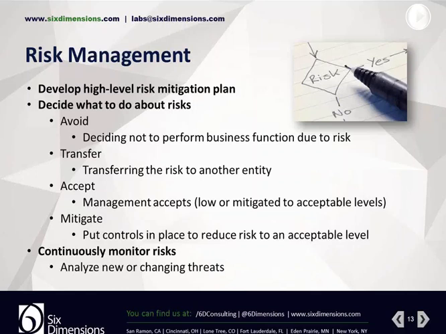That has to be in the contract, but that contract can transfer the risk, or some of the risk, from your organization to another. Naturally, there's some risk, like loss of reputation, that you are not going to be able to transfer. That's something you're going to have to live with and figure out how to remediate in other ways. You can accept the risk. Organizations and businesses, by definition, are risk takers, and each organization needs to determine its tolerance for particular risk levels. So they can accept risks based on their level of tolerance.